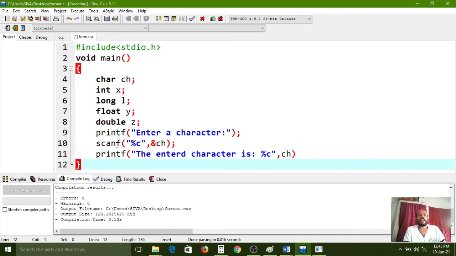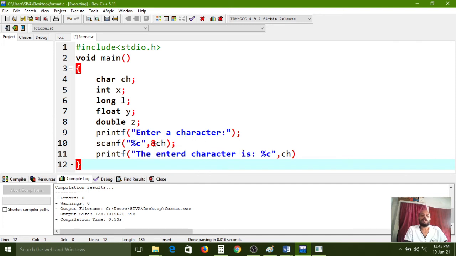So we are giving the information for the scanf function: please take input from the user, but you need to collect it as a character only, don't take any numbers from the user. That's why we have used the percentile C format specifier here. After collection is over, immediately that value is transferred to the ch variable.